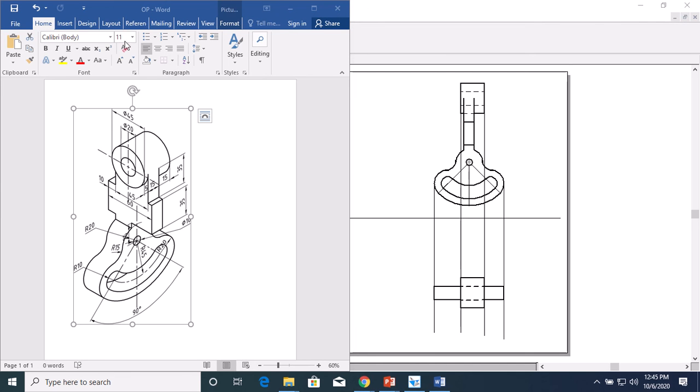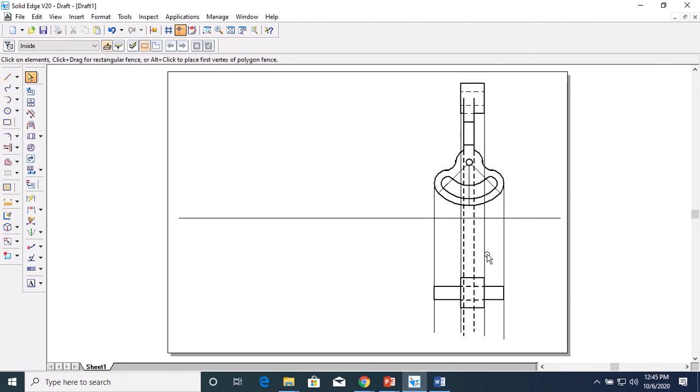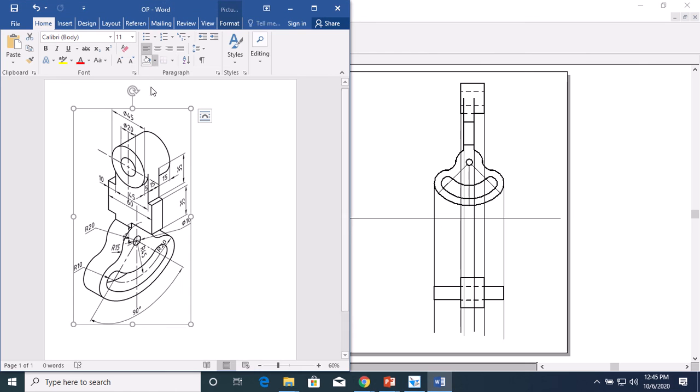So with the help of normal line draw this projection line. These two lines are normal lines, projection line. I make it as normal, and this will appear even after this for about say 10 mm. So this line will be there up to 10 mm.